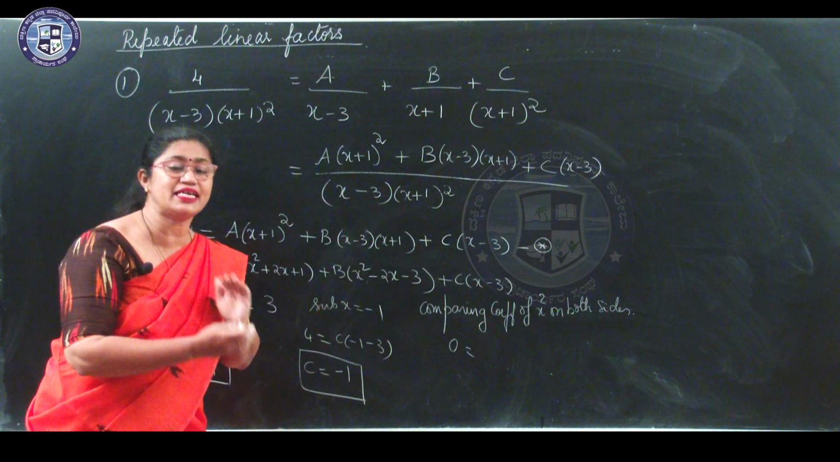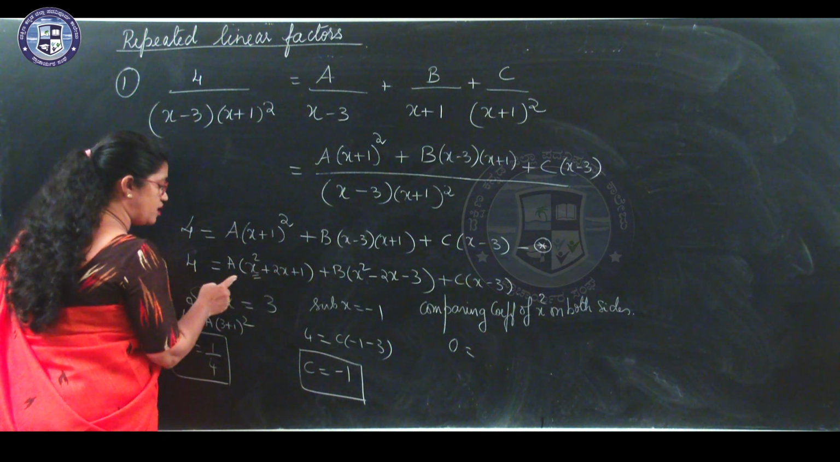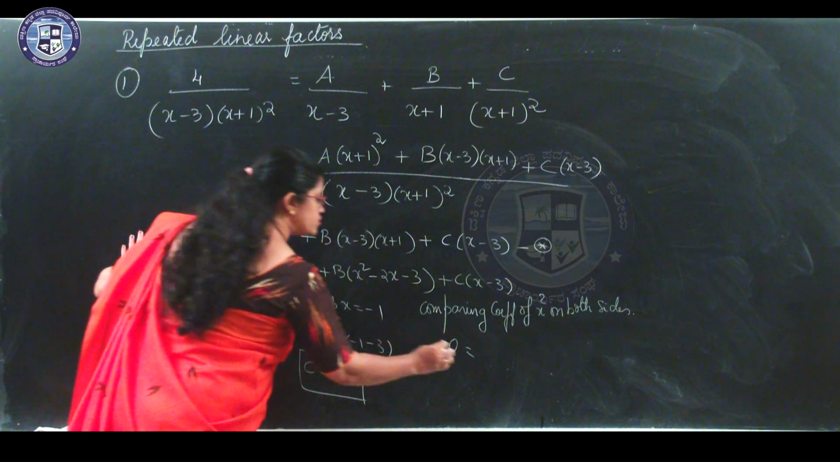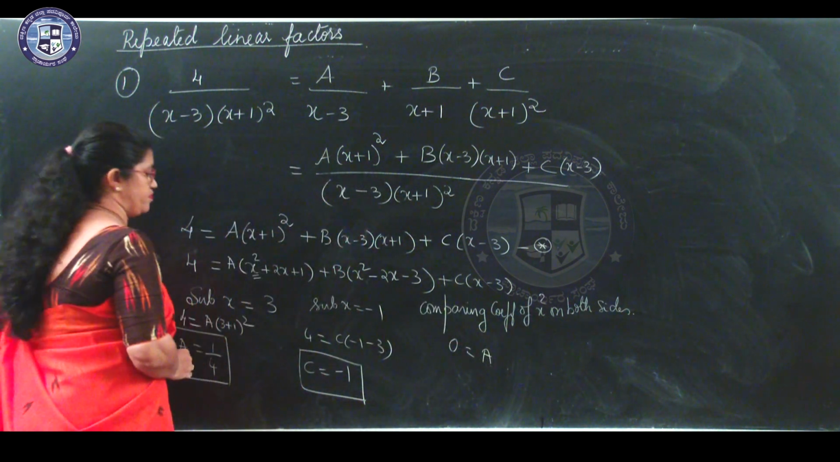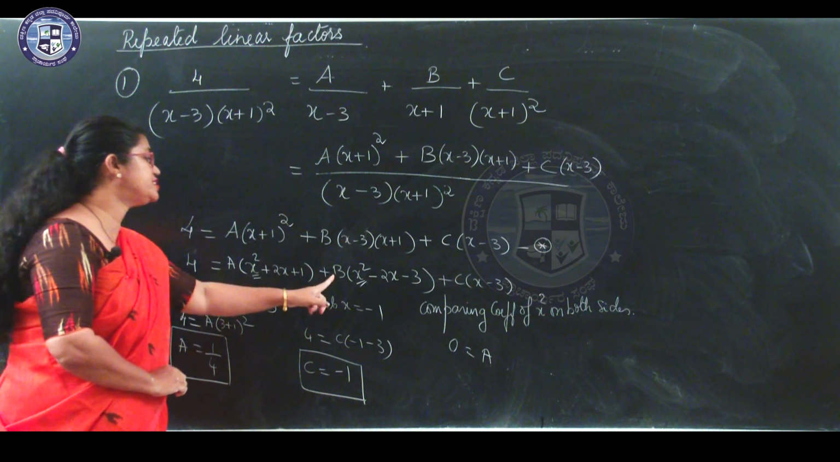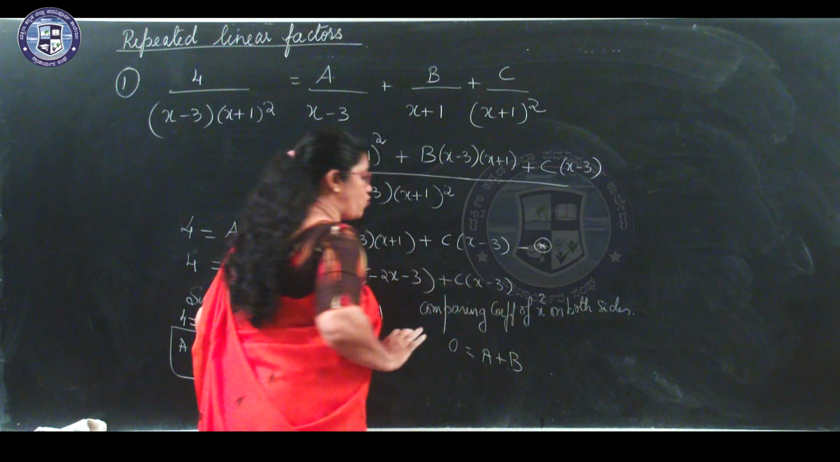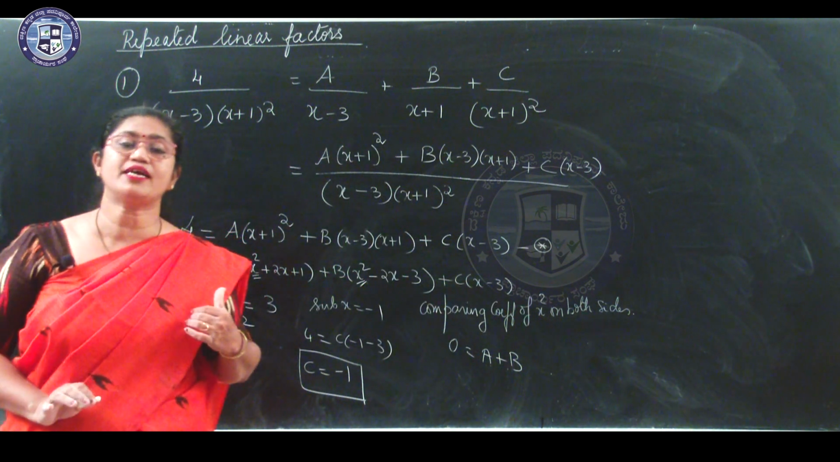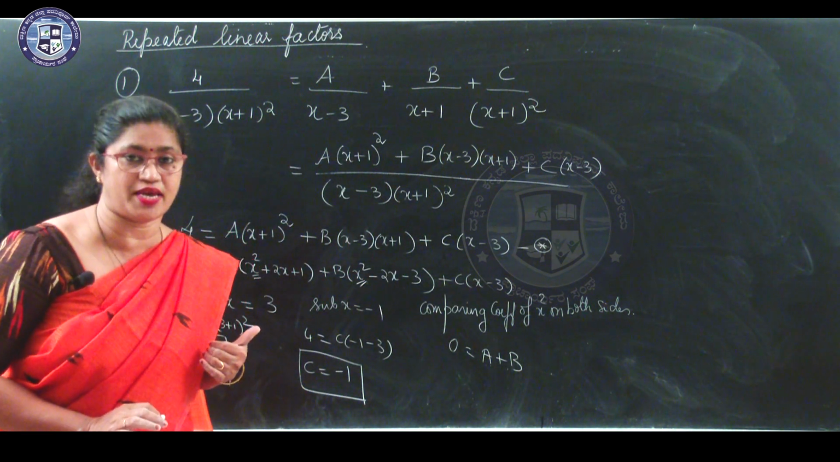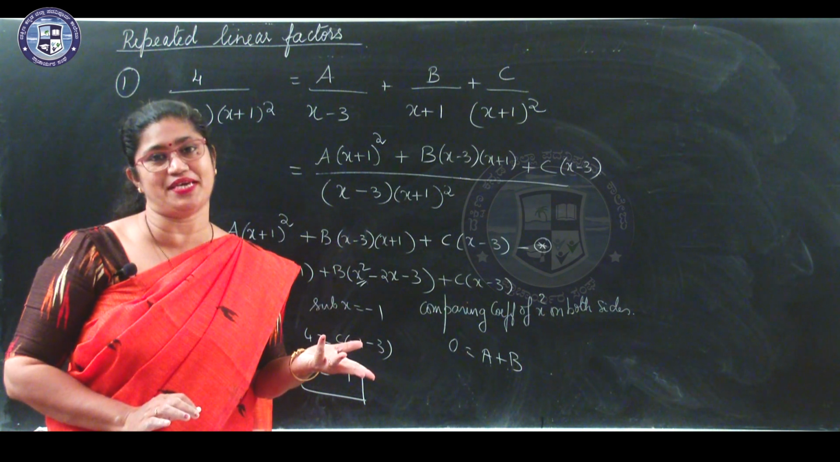Now, come to the right hand side. Where is x square? You have A x square here. What is its coefficient? Its coefficient is A. After that, you have another x square here and its coefficient is B. And here there is no x square term. So, when I compare the coefficients of x square, I get 0 is equal to A plus B, and this